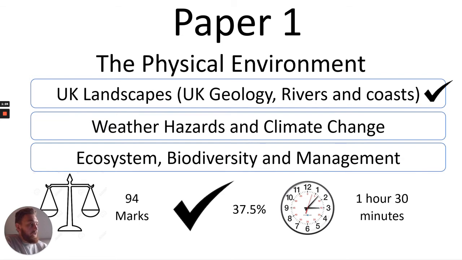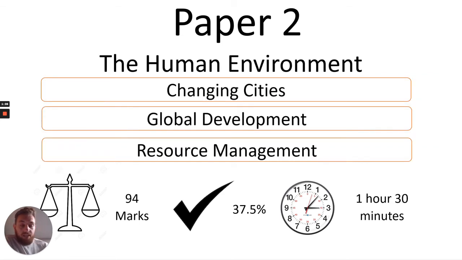to complete that paper. Your paper 2 is anything about the human environment, so anything that involves people really, and you have changing cities, global development and resource management. Now you've already studied resource management. We did that primarily from home, and you're currently studying changing cities. All of you should have started changing cities by now, and you'll probably be 1 or maybe 2 lessons into that. But by the time the mocks come around, you will have completed that unit, and so you'll just have global development to go. But this one is also 94 marks, 37.5% of your exam, and you'll have 1 hour 30 minutes to complete